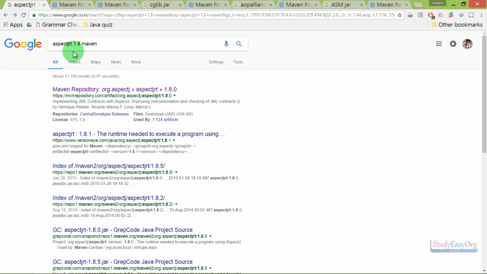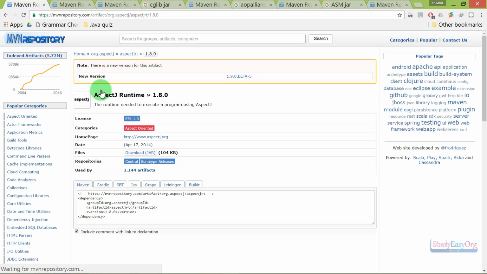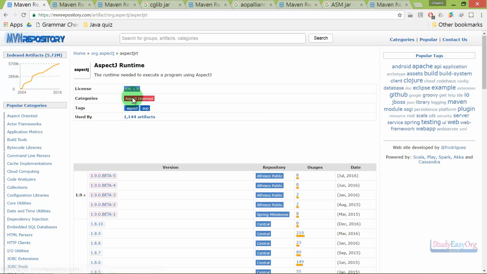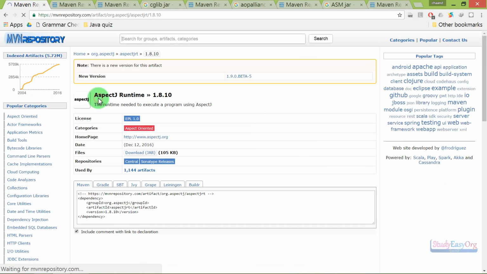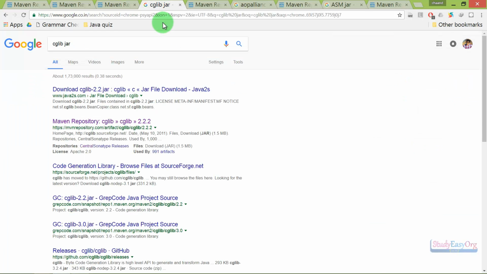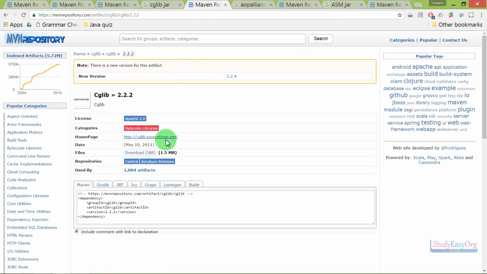The first jar which we would require is AspectJ RT. The current version is 1.8, and if we check the repository, then there are multiple versions. The last stable version is 1.8.10, so download the current stable version from Maven repository. Later down the line, we would require the AspectJ weaver. Download version 1.8.10 again. Then we would require the cglib jar. Simply Google for cglib jar, and we would be able to get the Maven repository link,